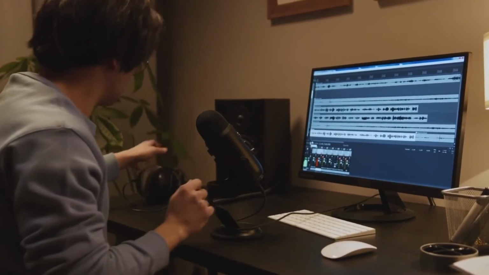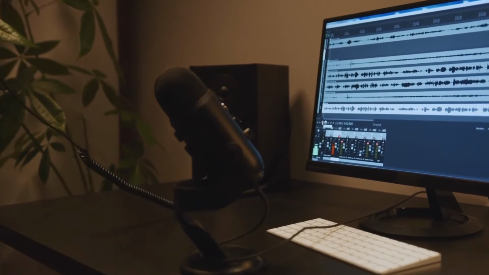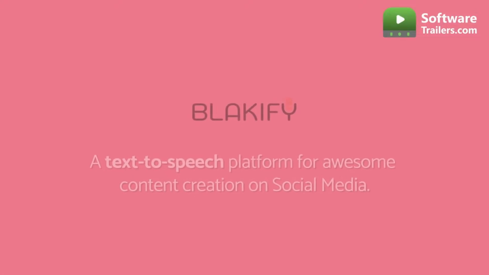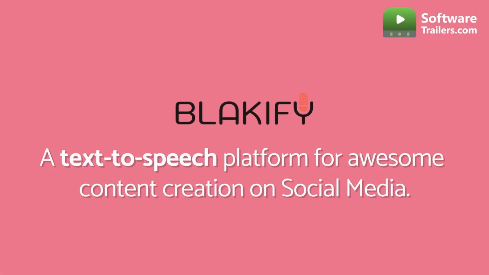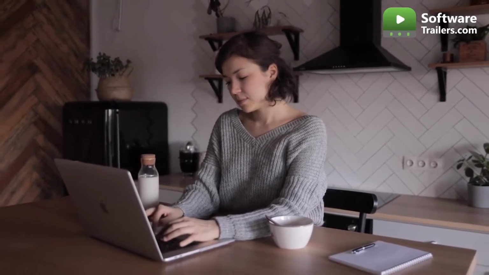Are you interested in finding a way you can express your style and imprint your creativity on all your audio content? Meet Blackify, a text-to-speech automation platform in the cloud that lets you do things like narrate on YouTube, podcasts, audiobooks, and social media videos. You can create a whole bunch of features to make your experience as good as possible. It also lets you turn your content into any other type of audio file.